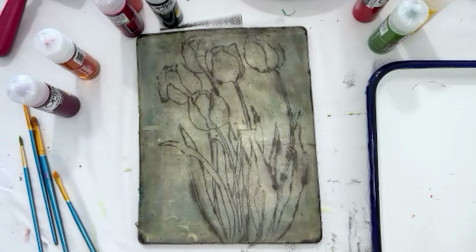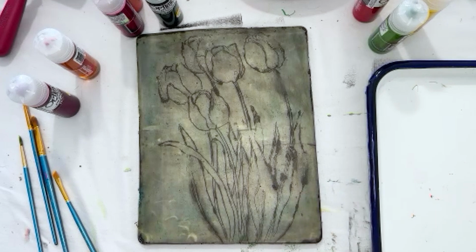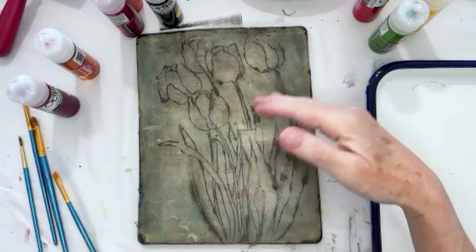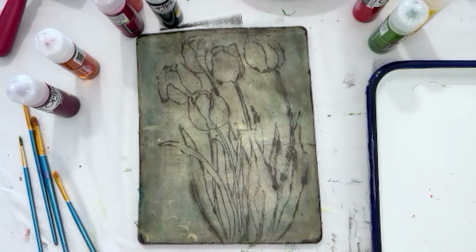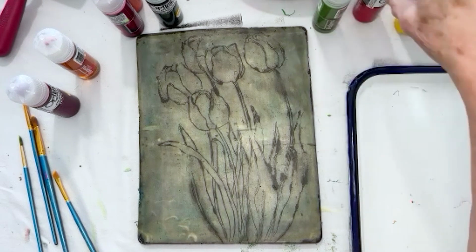Okay, I'm back, and now the layers of matte medium have dried. I did apply a second coat, and I brushed it on the same direction that it went on the first time. I don't think you have to alternate or do anything fancy like that, but getting those two layers of very thin matte medium on there is a really great idea before you start to do your coloring. All right, so I'm using my enamel plate here, and I'm going to,